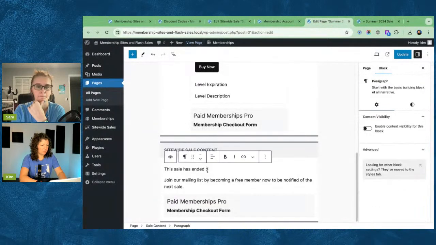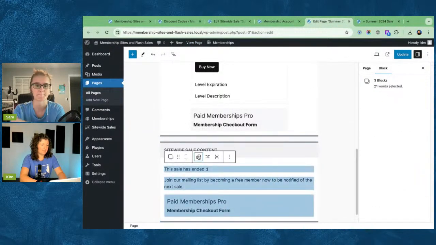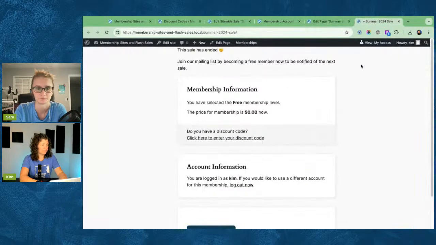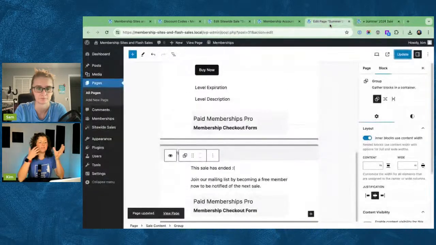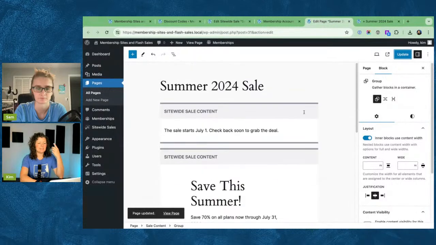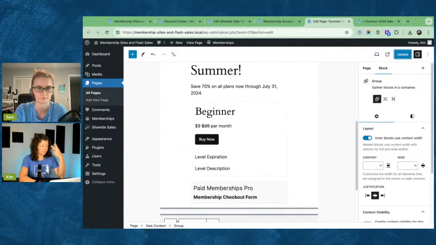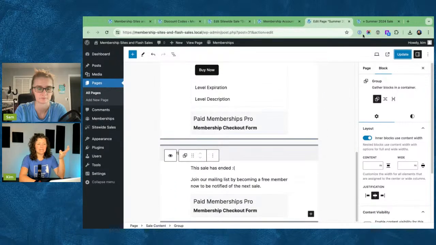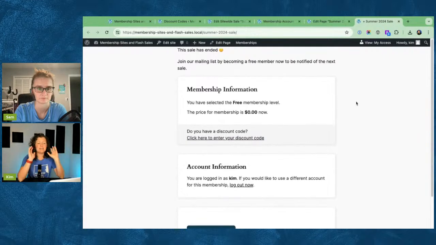Yeah, I just did a quick example of this. There are 3 sale periods that site-wide sales has. Before the sale, teasing that the deal is coming, maybe teasing what the deal is. You could include a newsletter sign up form there with ConvertKit or any other drop-in form. During the sale, which is where you want people to convert. And then when the sale has ended, I often say give them some way to sign up for your newsletter also if you have one, or if you have a free membership level, you could throw a free level sign up there on that page